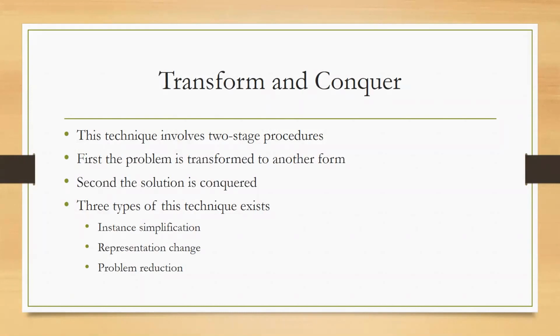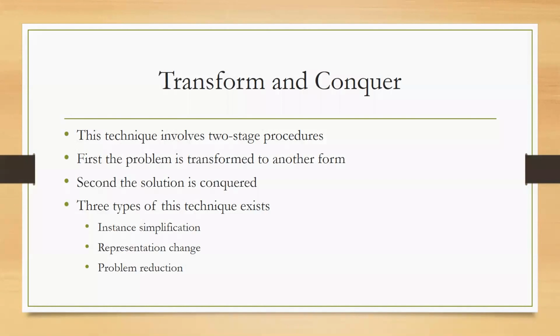The second one is representation change. A problem will be given. It will be represented using some data structure, and what you are doing is you are completely transforming its representation. You are changing from one representation to another representation. The problem may be implemented using arrays. What you do is, instead of arrays, you take some other data structures like linked lists or stacks or queues. That is one more kind of transformation.